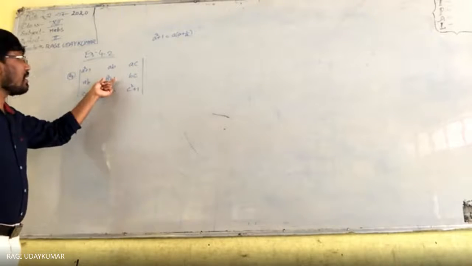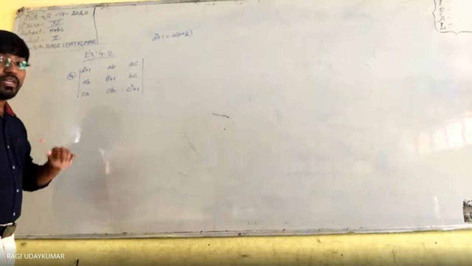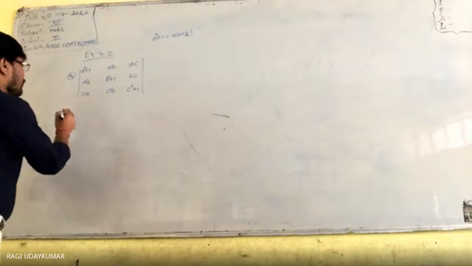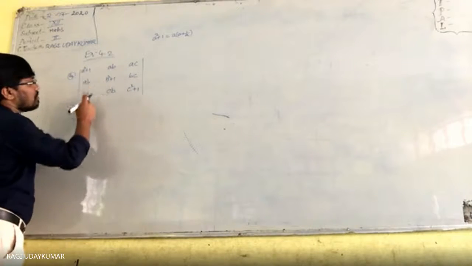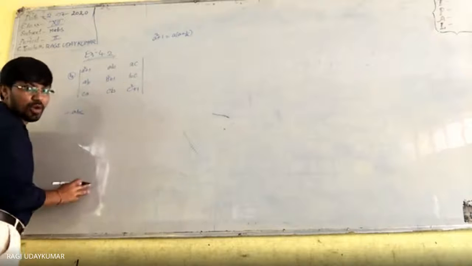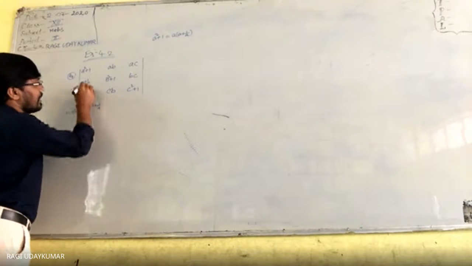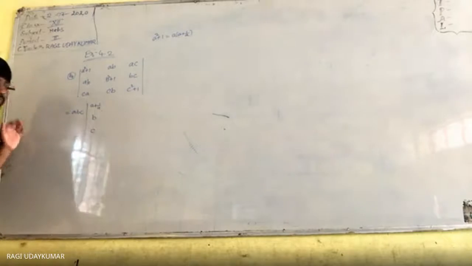Yes, sir. Like this, b square plus 1 can be written as b into b plus 1 by b. So if you want, you take here a, b, c, all three common: from this a, from this b, from this c is common. So what do you get here? This is a plus 1 by a. Here when a is taken, b will come, and here when a is taken, c will come.